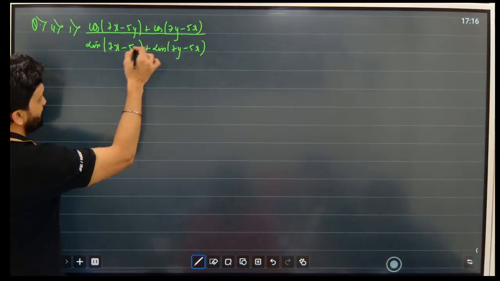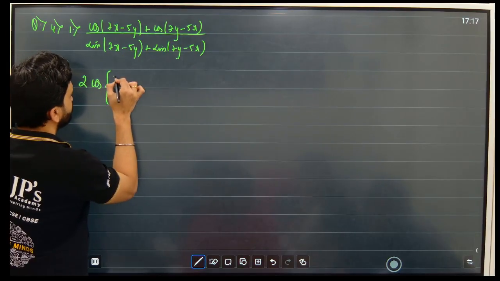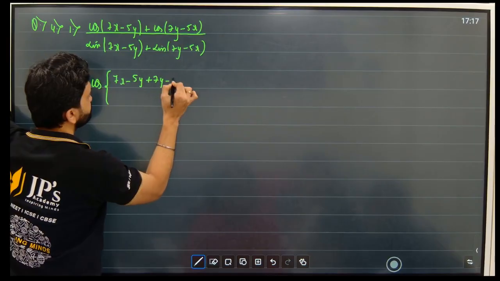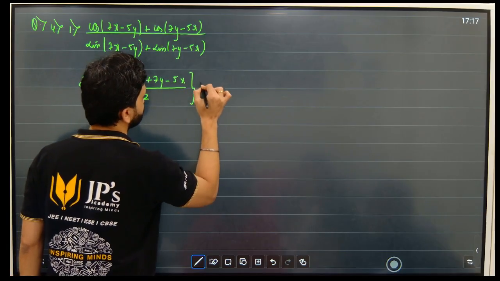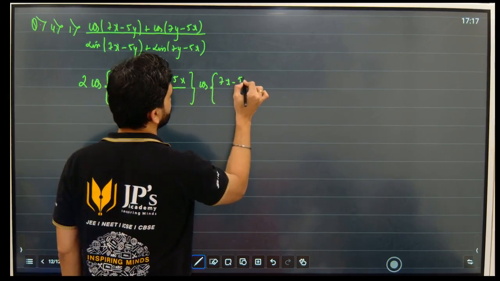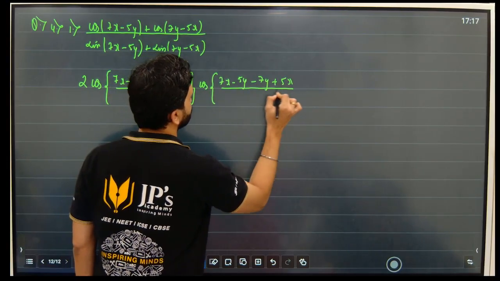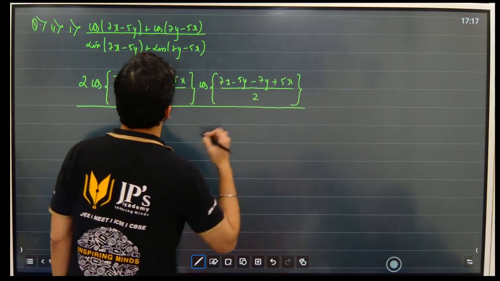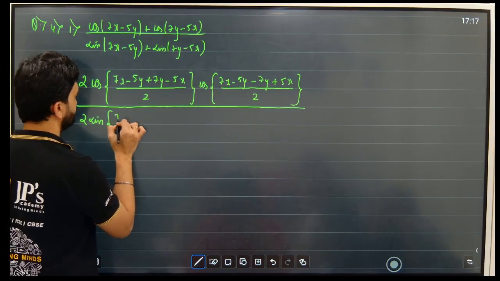Now cos c plus cos d, 2 cos of c plus d by 2, cos of c minus d by 2, the whole upon 2 sin